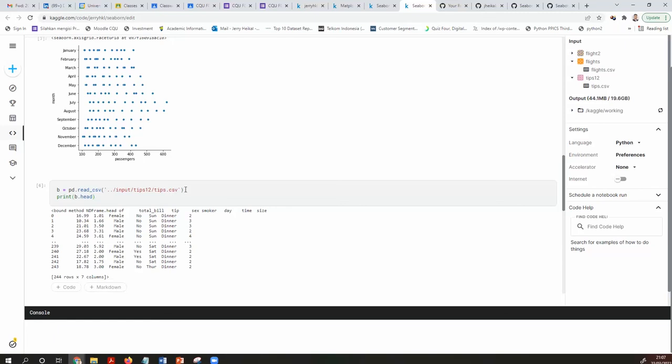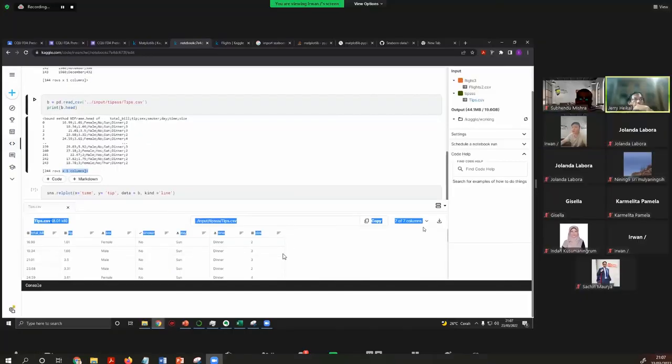So you haven't done the text to column yet. Already done in the Excel, and this also shows the 7 columns here. Text to column already, but only shows 1 column, meaning it is not yet text to column.